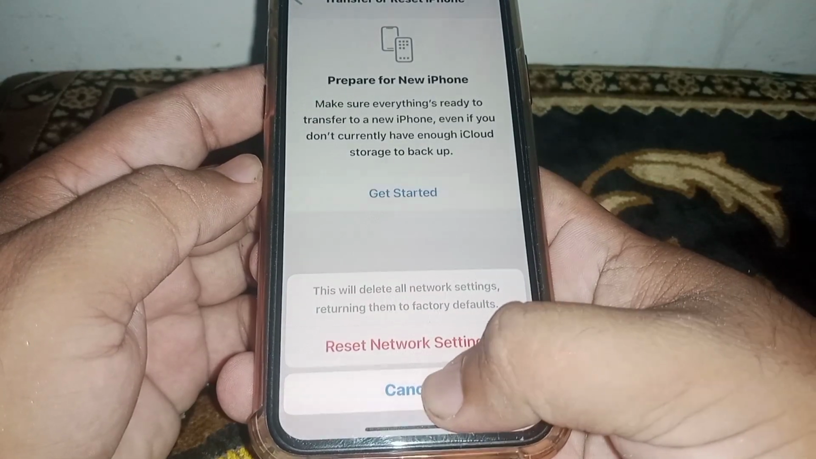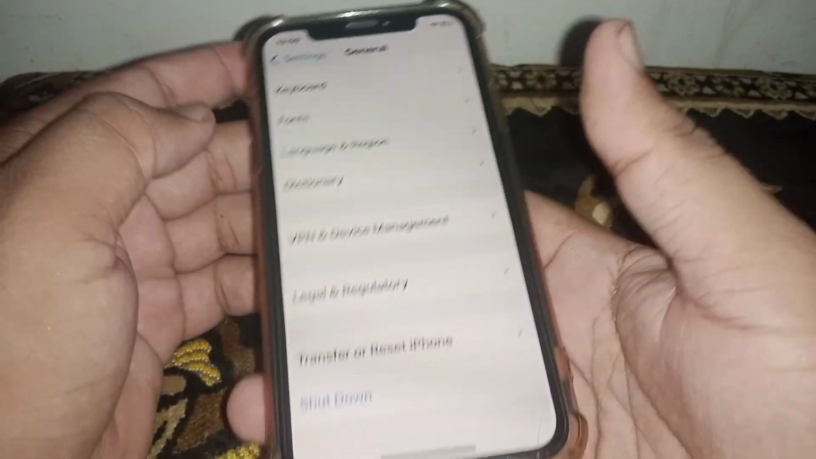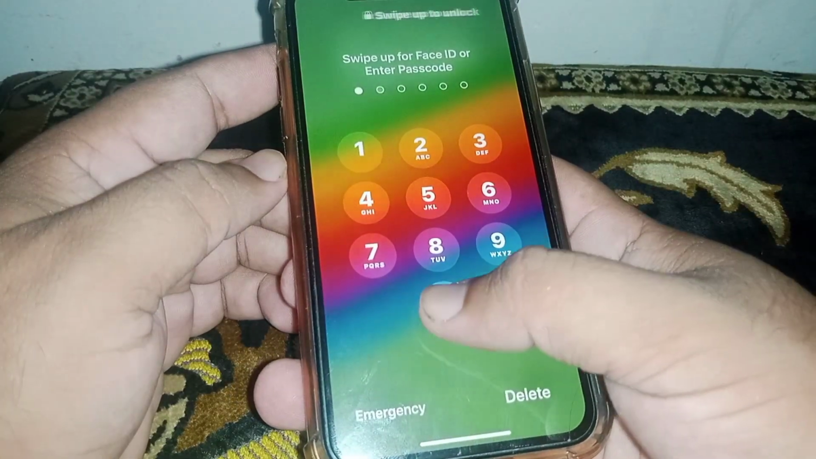If the problem is not fixed, then go for the last method, go back and click on Shut Down and slide to power off, and after a few minutes you have to turn it on again, and after that I hope your